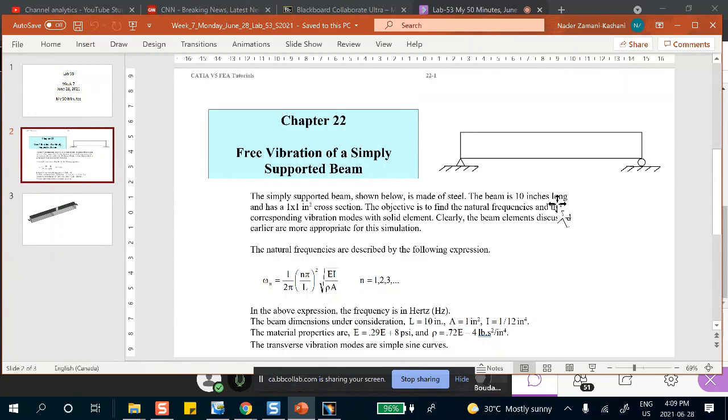Now, I will do this with solid elements, though. If there is time, I will go and do it with beam element. We'll see. But the issue of this simple support, first I do it the most common way that you know. We can do that, and then I'm going to show you a different way. Well, first of all, before we do that, by the way, there are some analytical expressions that, depending on the cross-sectional area, moment of inertia, and Young's modulus, etc., you can estimate it and then compare it with finite element results. But I'm not going to worry about that.